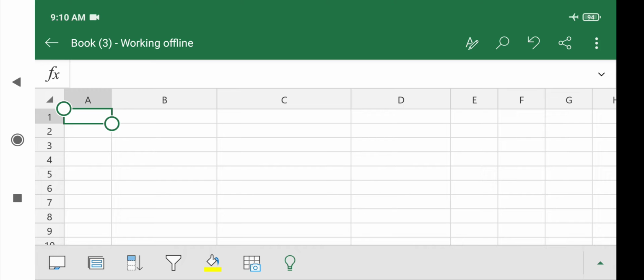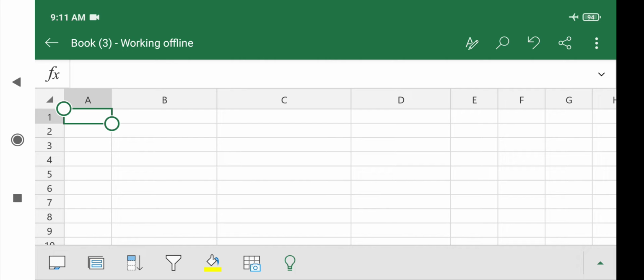But how to write down the syntax? First of all, we have to choose the keyword after putting equals to. Don't forget that if you are writing any formula, then you have to put the equals to symbol. You put equals to, then you select IF. If you write IF, then the first bracket needs to be opened, then you select the condition, where the value is given. So you select this one, you apply the operators greater than, less than, whatever you feel like.